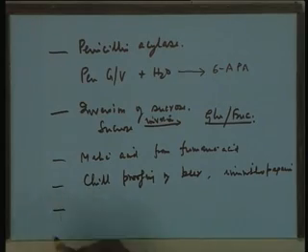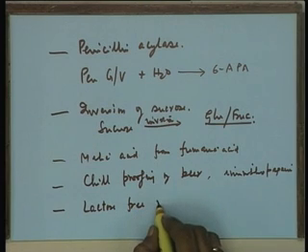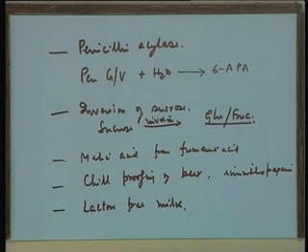Then another application in the food sector has been lactose free milk. Milk contains primarily lactose as its principal sugar, and this lactose is an undesirable sugar for certain adults. Of course, in India we are used to taking milk and the sugar is assimilated, but in many countries the population is not able to assimilate lactose, and it causes diarrhea and other clinical symptoms, and therefore people cannot take milk. In those cases they produce lactose free milk by the action of beta galactosidase on milk,